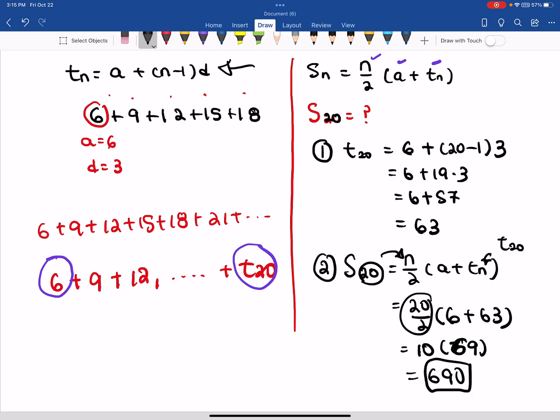So if you're bored, you can actually add all those 20 numbers, put them into the calculator. It'll turn out